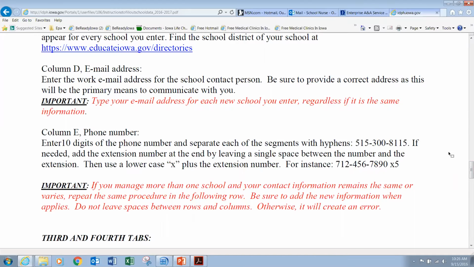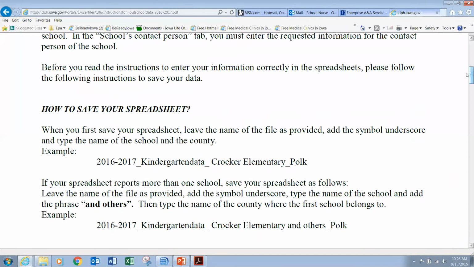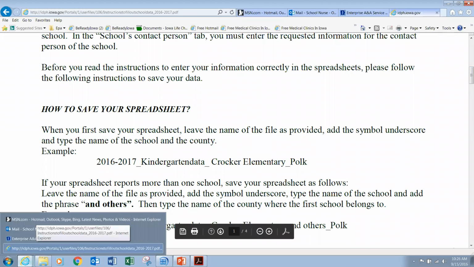I don't know if we have more questions to cover. One more point. I believe there's a link on the Department of Education's website, under student health requirements, to our web page.